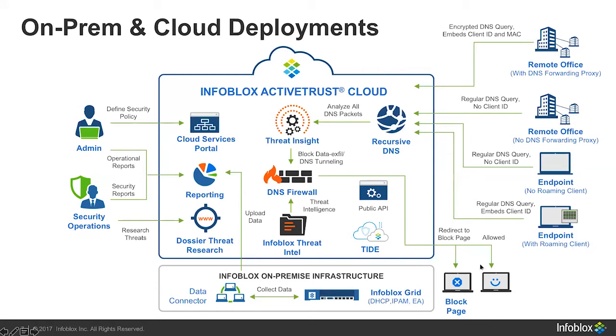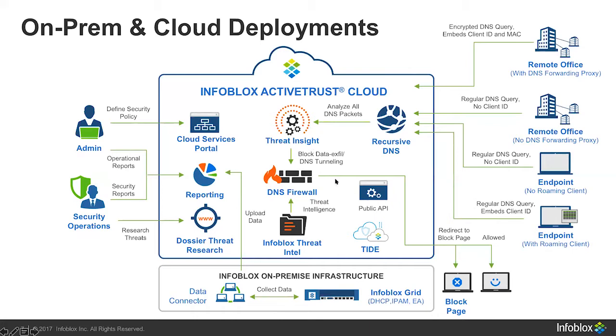which is how you can take data out of our cloud to use in other security ecosystem products, as well as we'll take now a look at how the remote offices here on the right can now connect up along with roaming clients, as well as your corporate networks, where you may also be running our Infoblox grid and DDI solution. By bringing all your corporate networks, roaming offices, and roaming users all into one seamless integration here with ActiveTrust Cloud,